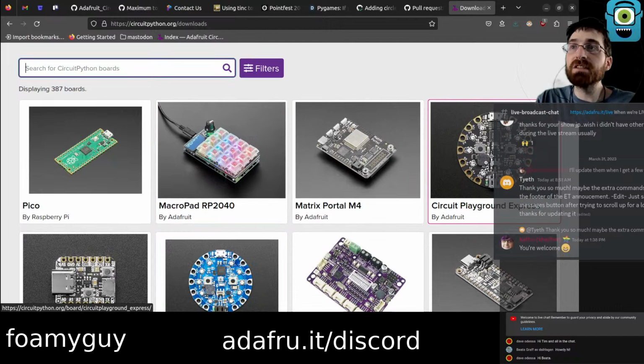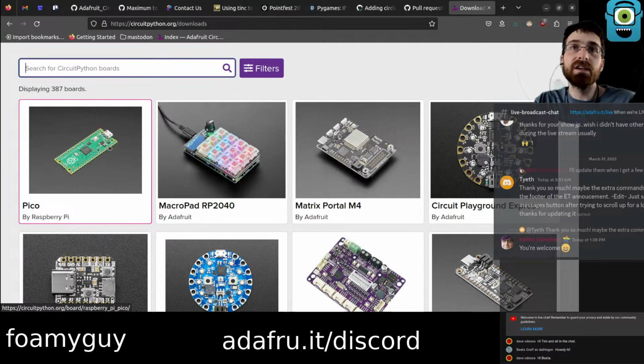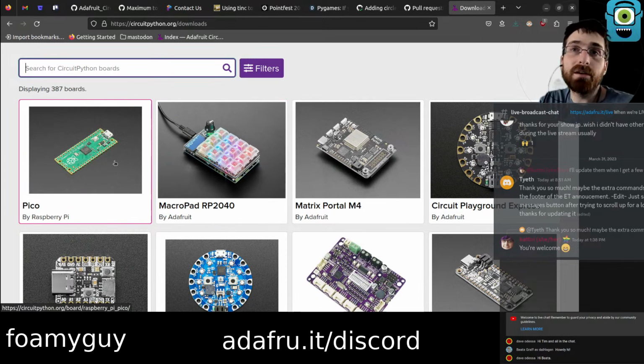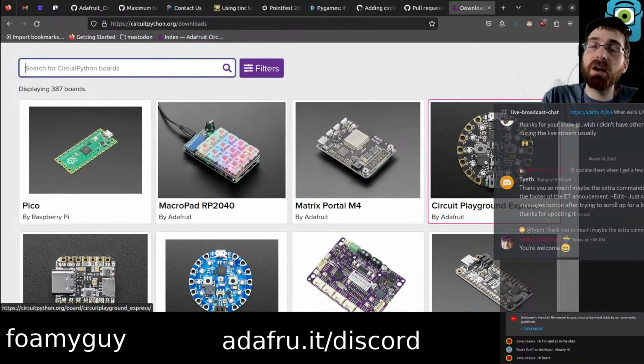The basic idea of these devices is there is a tiny computer kind of inside the main chip on these devices. When you have these devices run CircuitPython and you plug it into your computer, it will show up like a thumb drive. There will be a Python code file on that thumb drive, which is basically just a text file, right? You can modify that text file with whatever text editor you want, and then save it, and the microcontroller will notice that it was saved, it will reset itself, and it will run the latest version of the code. That sort of central loop is kind of the core concept behind CircuitPython, using Python code to interact with